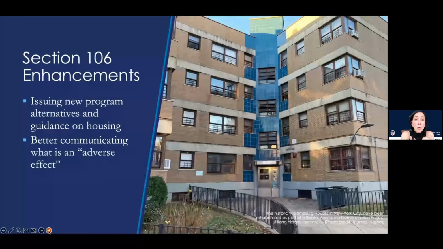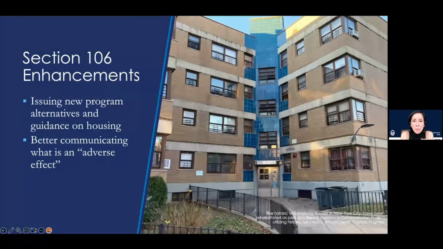So anyway, I guess the short of it is we are working now to try to implement the principles in our policy statement into a government-wide program comment on housing. You'll hear more about that soon. We'll be doing a lot of public engagement and consultation on that. As well as program comments on renewable energy and energy efficiency in some form or fashion. We're hashing that out, but stay tuned because this is going to be a very busy spring and summer for us.